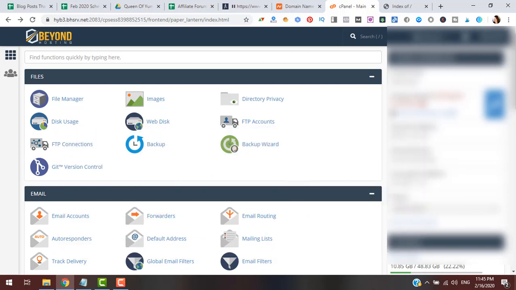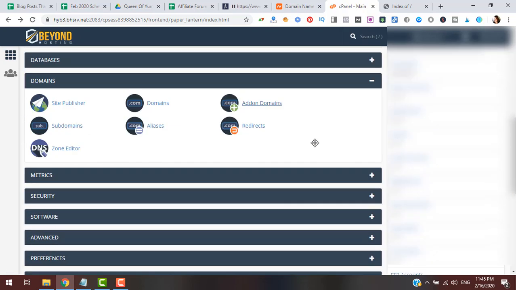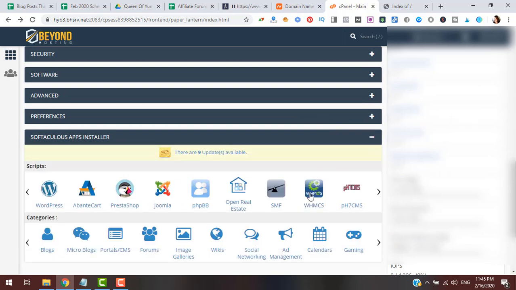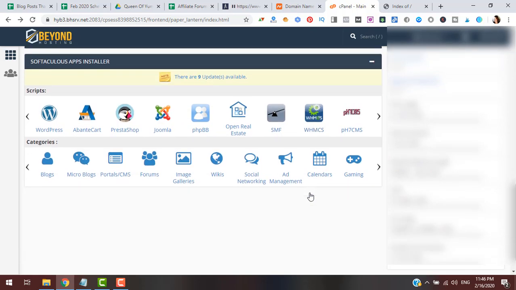It's very easy to install WordPress. This is my cPanel. As you can see, it might look different from yours. I use Beyond Hosting. Yours might look slightly different if you're using a different host, but in essence, you should have the same things that I have, like email, files, and especially what we're going to use, which is Softaculous or software installer. Softaculous is a tool that you can use to install software and different types of scripts in your website. So it can help you with stuff like WordPress,